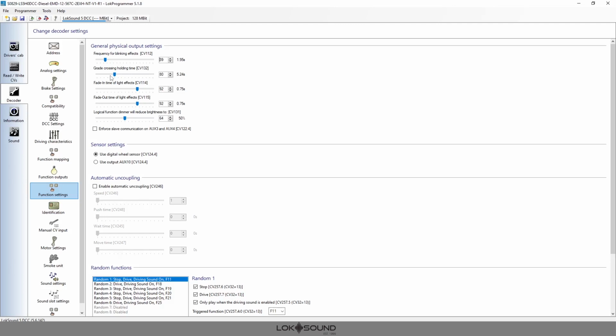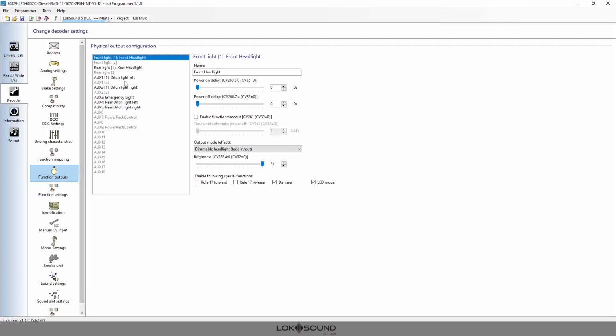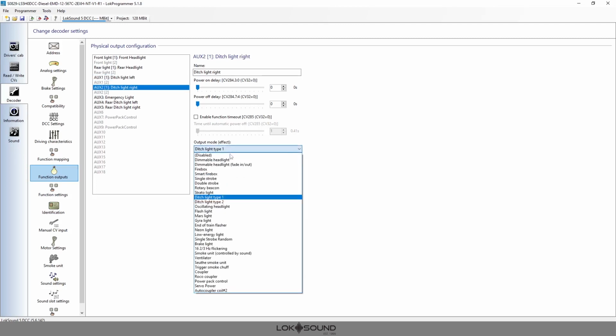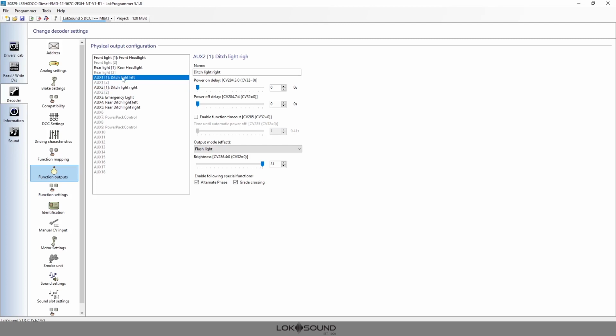Say I'm trying to match a video of a locomotive. I just did this the other day to try to match Amtrak ACL 42s. Their lights are not normal ditch lights that fade on and off. They're very abrupt on and off. So the first thing I did was find the ditch light settings, left and right. Instead of ditch light type 1 and type 2, I set these to flashlight because this would flash the light on and flash the light off, whereas ditch light would fade them on and fade them off. So I set each one to a flashlight,